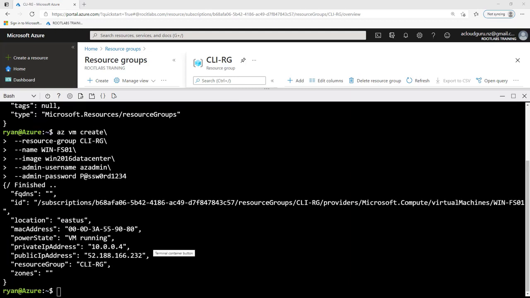And as you can see, it didn't take too long. It's gone ahead and created that Windows virtual machine for us in the East US location. It's given us a MAC address. The VM is running. It's given us a private and public IP, and it's put it in that CLI RG